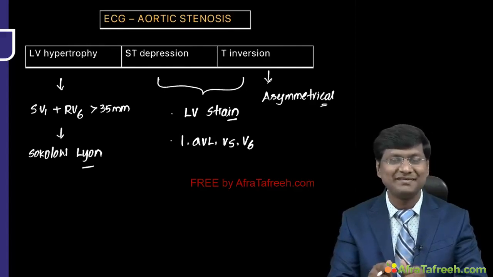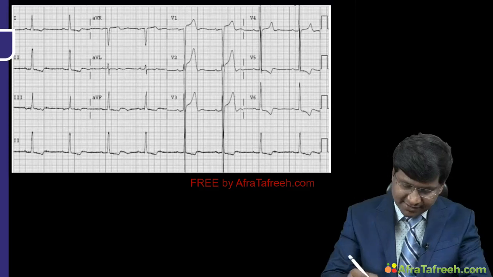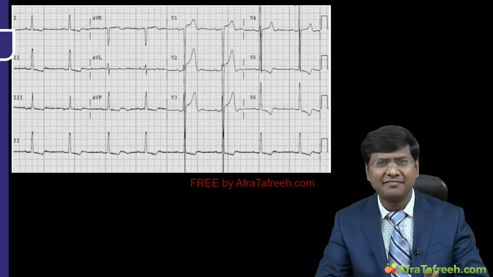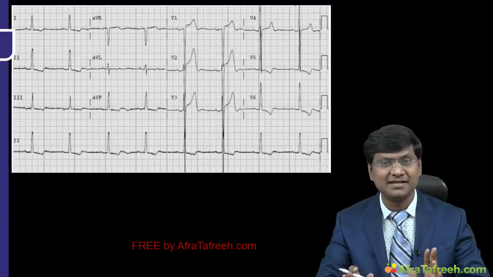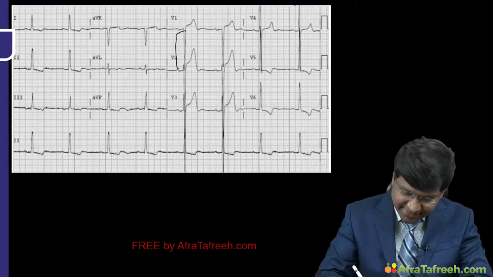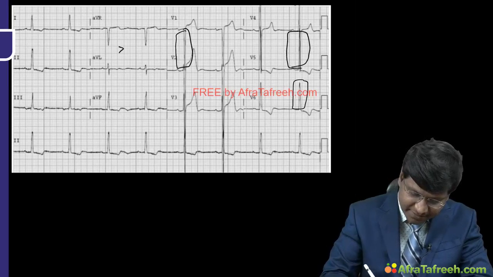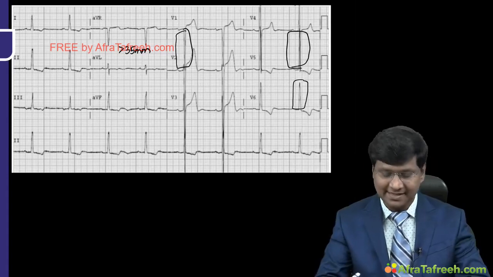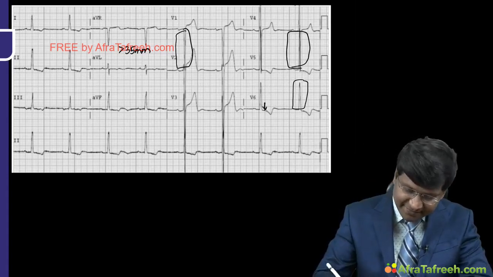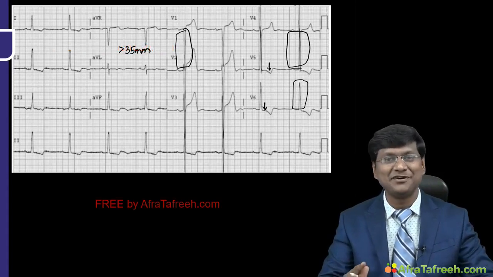Whereas asymmetrical T wave inversion is very much suggestive of the strain pattern. So this is the ECG in left ventricular hypertrophy, as well as left ventricular hypertrophy secondary to aortic stenosis. You can observe that SV1 plus RV5 or V6, any of these you can take. If it is more than 35 mm, that is suggestive of left ventricular hypertrophy. That is one thing. And ST segment depression, along with asymmetrical T wave inversion, is suggestive of the strain